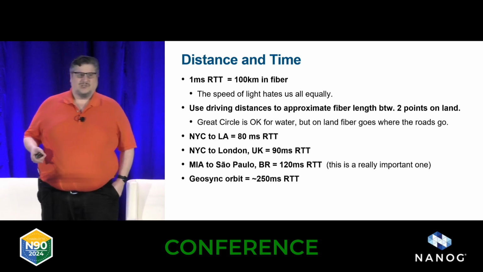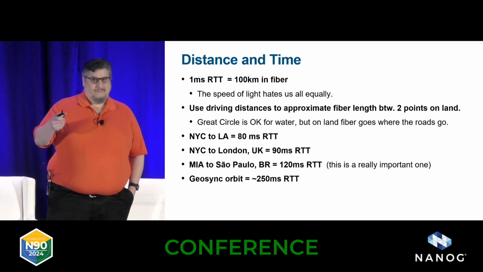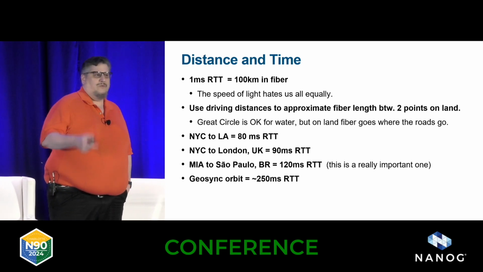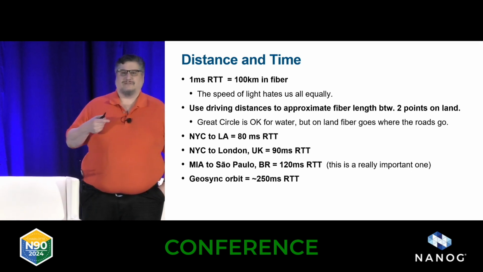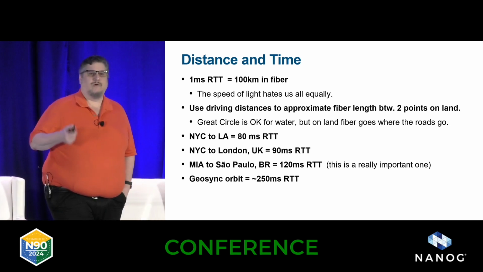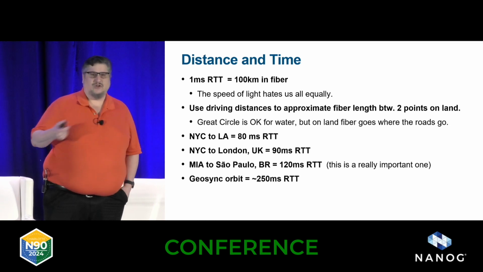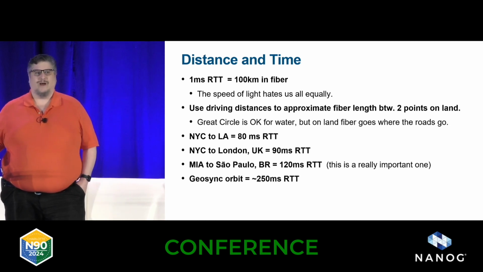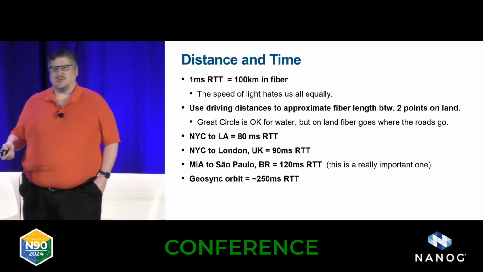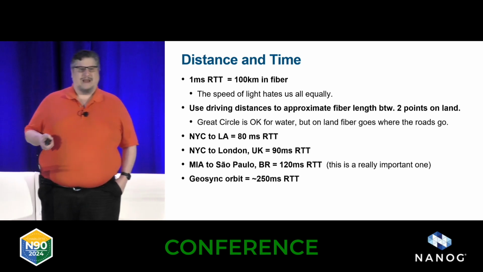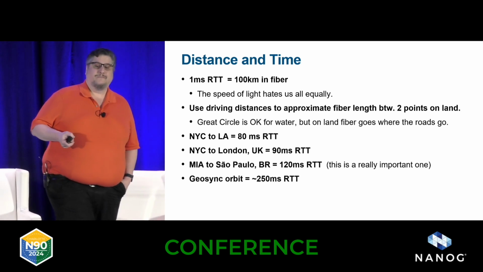If you don't have KMZs, which most people don't most of the time, if you do, great, good for you, use your favorite map directions API. If you need to find out the length of fiber cable, fiber runs on roads and railways in general. So if you're looking for a terrestrial run, you can typically just use driving directions and get a pretty good sense of where the fiber ran. And that's going to be a lot more accurate than using great circle over land.